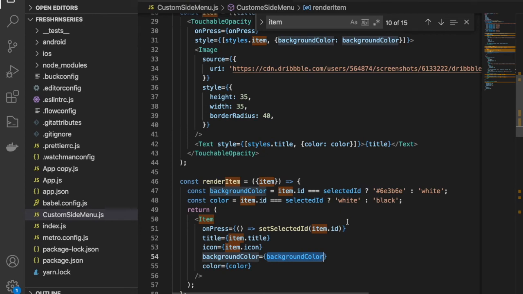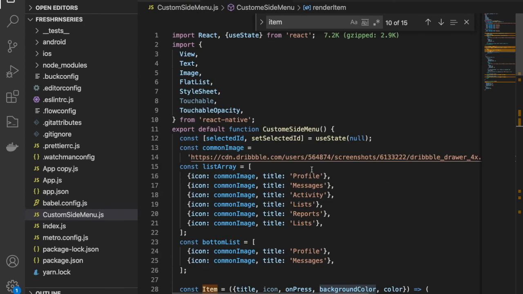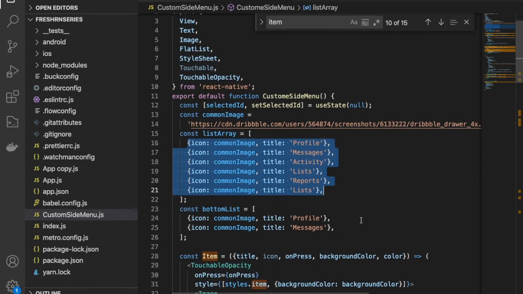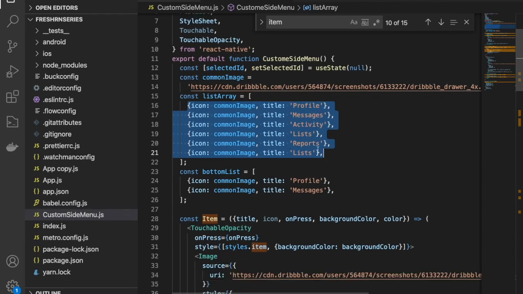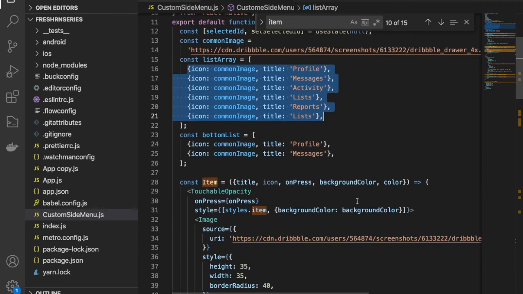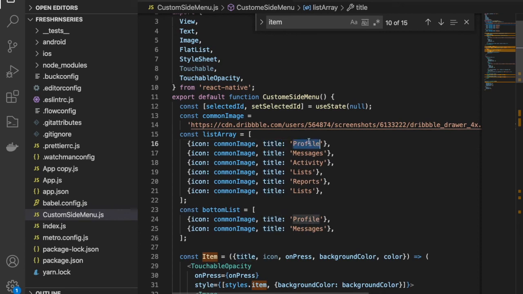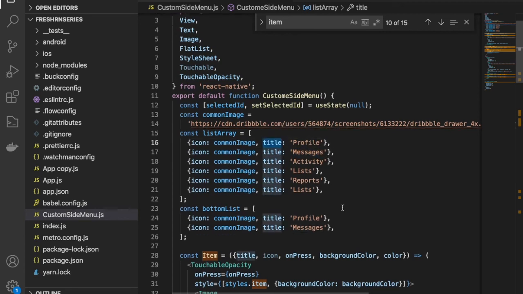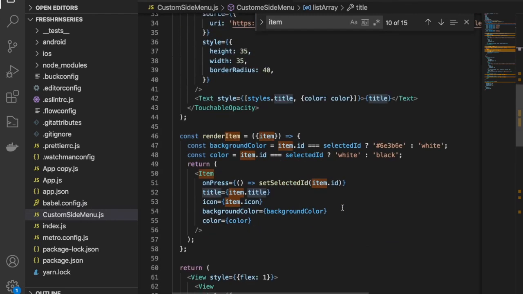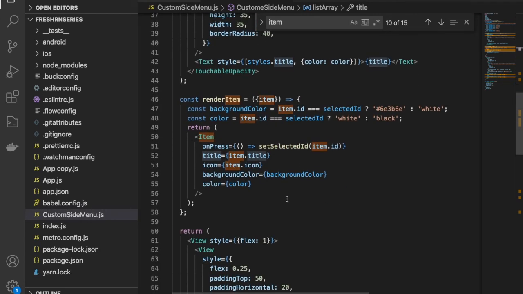Okay, so if you know guys, in our array of items we do not have the ID, right? We have title only. So we have two ways. We can create the ID in each item, and then we can do this. Otherwise, for now, because each title is also a different entity, we can use this title instead of using the IDs. But this is not a good approach. Okay guys, don't do this.